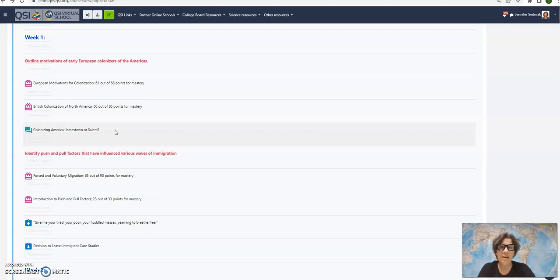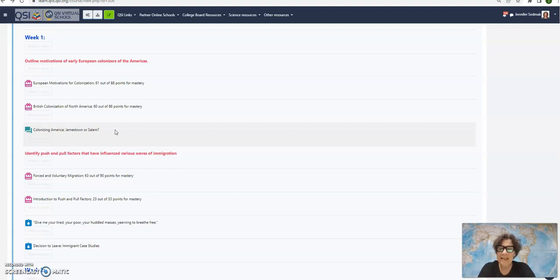Jamestown was very cutthroat. It was an economic joint stock company, so they were really worried about profit and investment. The mortality rate in Jamestown was over 50% for the first 75 years of its existence. And as you know, in Salem, it was a theocratic society, Massachusetts Bay Colony, so you had to be a member of the church. And if you weren't a member of the church, you were outcast. So much so that in 1692 there was the experience of the Salem witch trials.